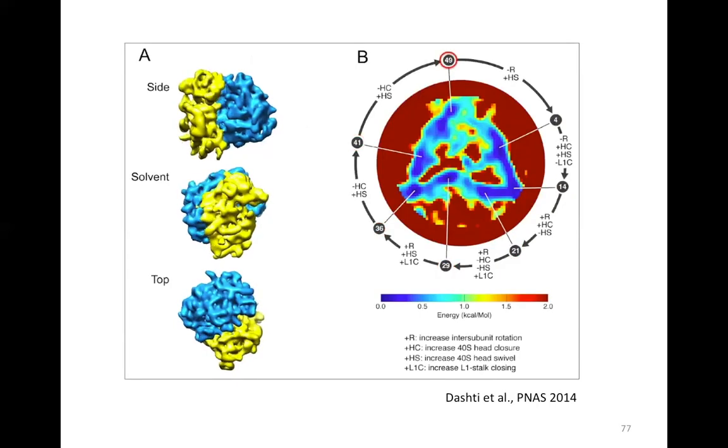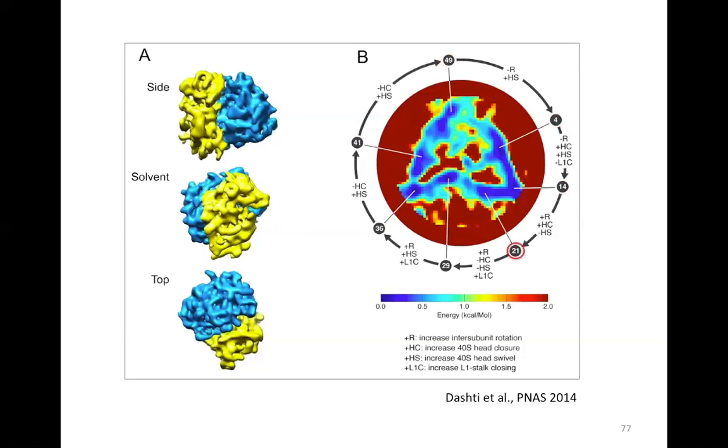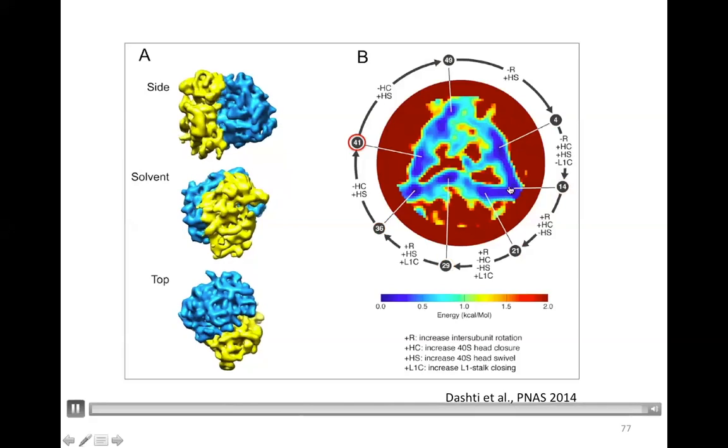And so what we see is that, from the distribution in the low-dimensional space, we could then use a Boltzmann relationship in order to estimate the energy landscape. And here's the energy landscape of the yeast ribosome. And there's a suggestion of a cyclic process. And we got very excited